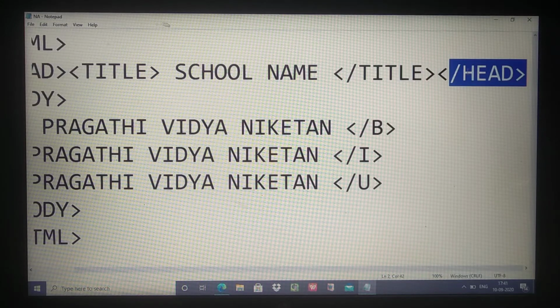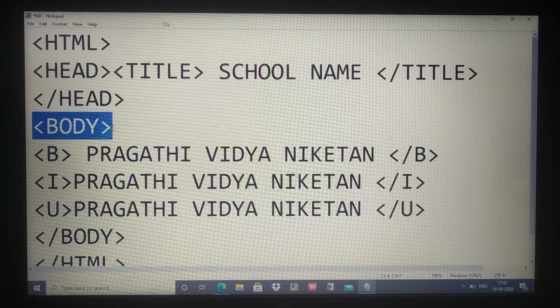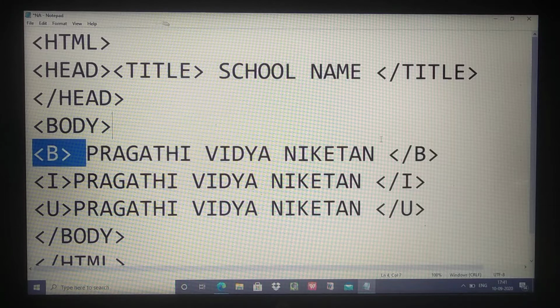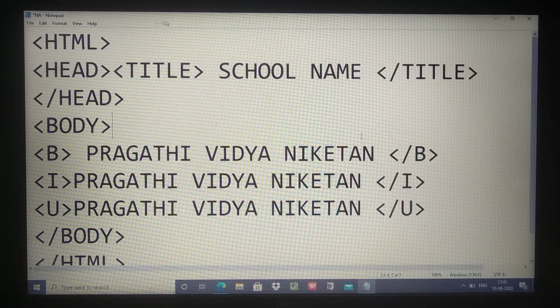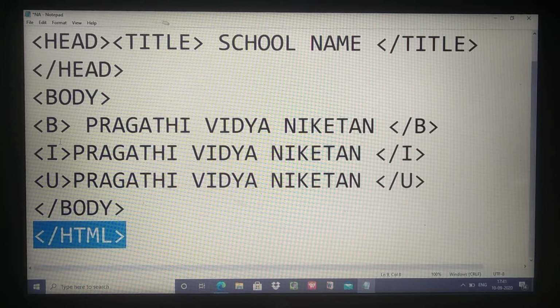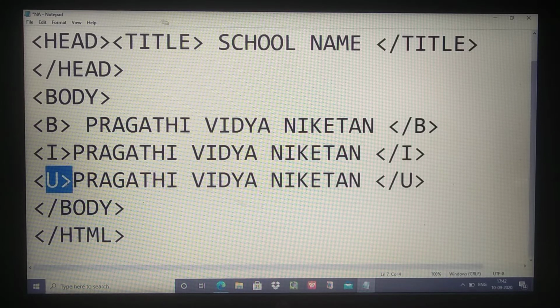Again, close the head tag. And body tag. In that body tag, you have to write the sentences or words or paragraph or any information that you can write, and close the body tag. Close the HTML tag. Only here you can apply bold, italic, underline font styles for your text.